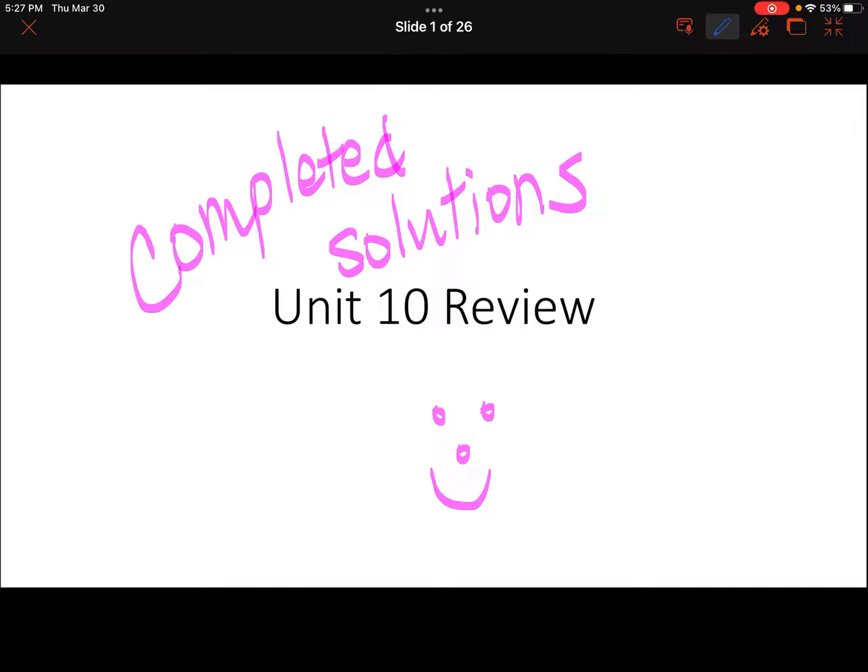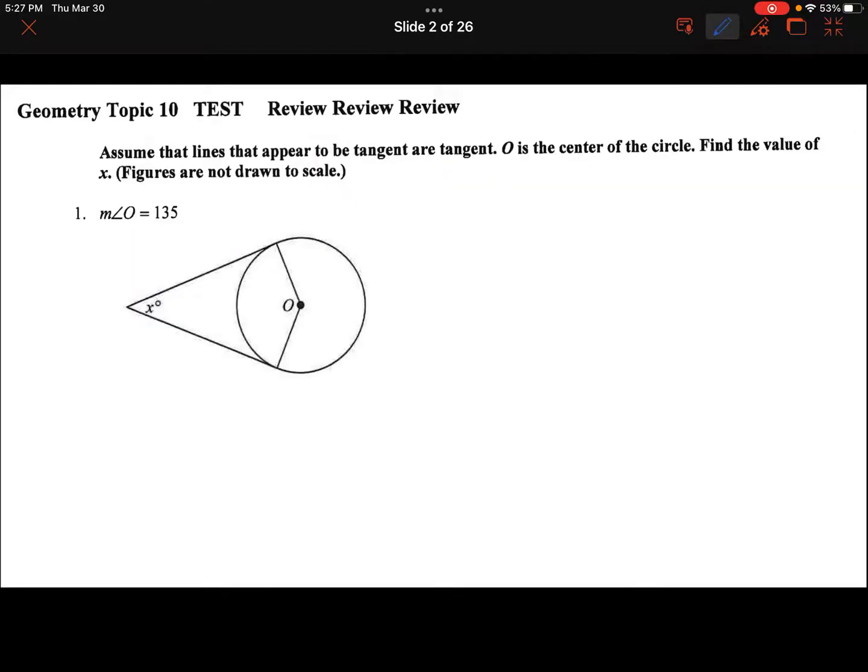Please do not watch this on a faster speed than normal speed. You'll miss some explanations, and the whole point of going through this is to make sure that you understand how to work each one of these questions. All right, so looking at the Chapter 10 test review,